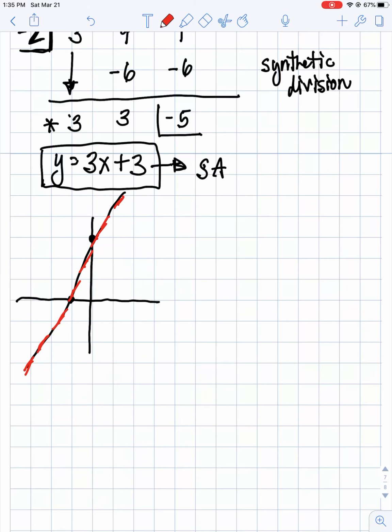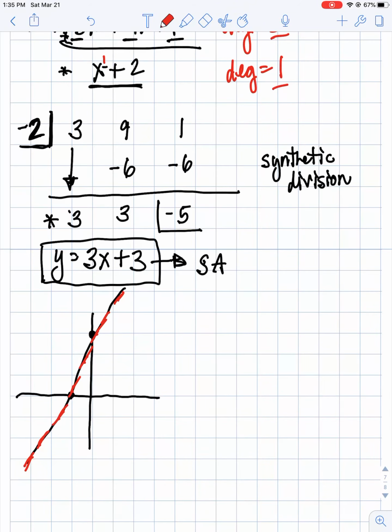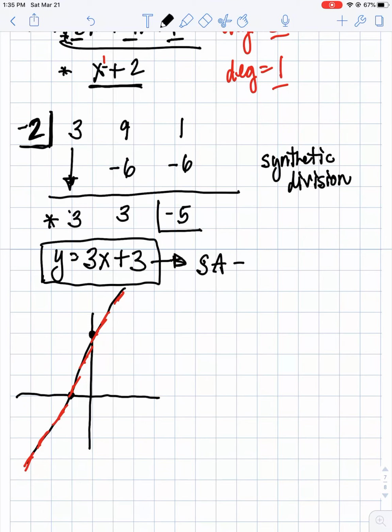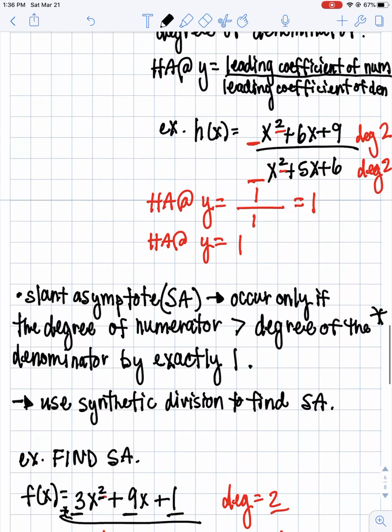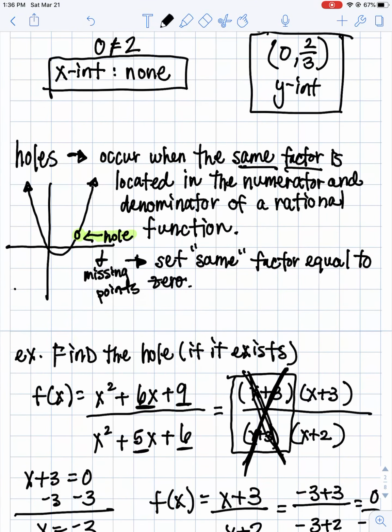Here, we have a slant asymptote because it literally has slope. Okay, so it's called a slant asymptote because it's slanted. However, sometimes, I'm glad this came up with my corny joke, slant asymptotes are sometimes called oblique asymptotes. And I'm not sure what they call it on the PowerPoint, so make sure you know that slant asymptotes and oblique asymptotes are literally the same thing. Okay, so that's all the notes on